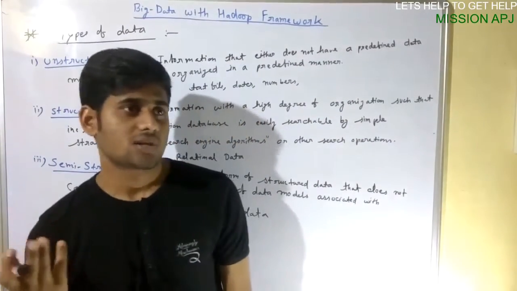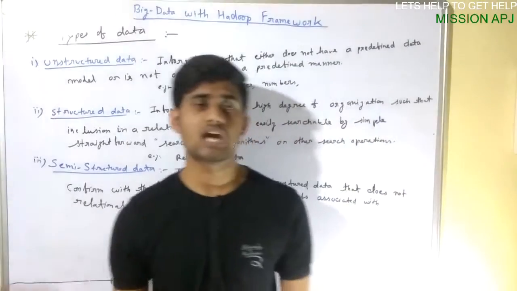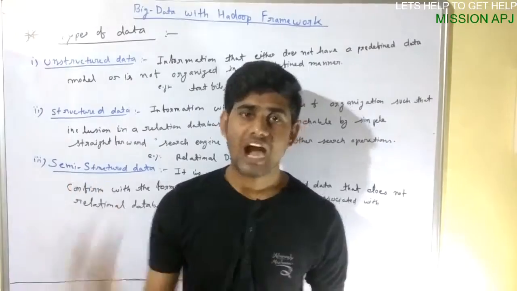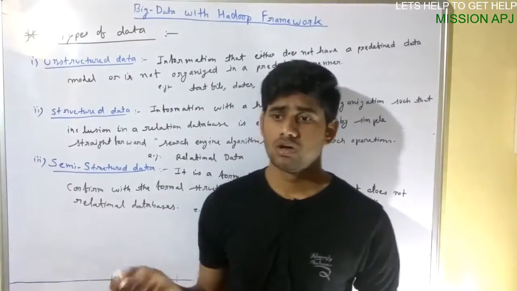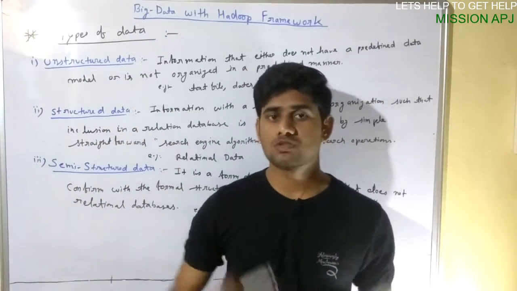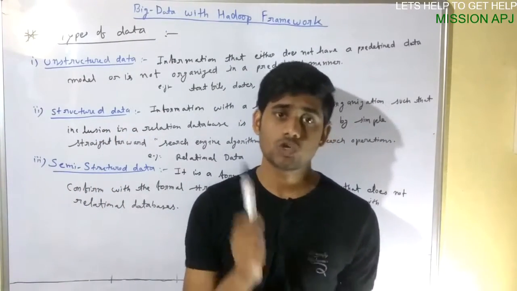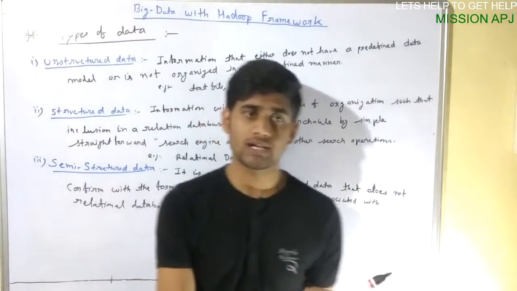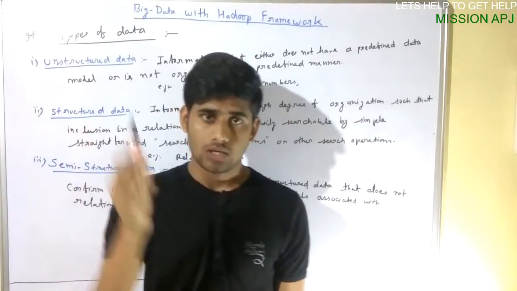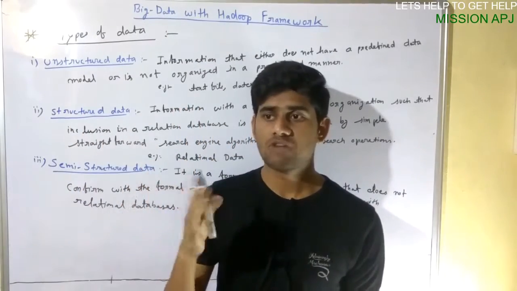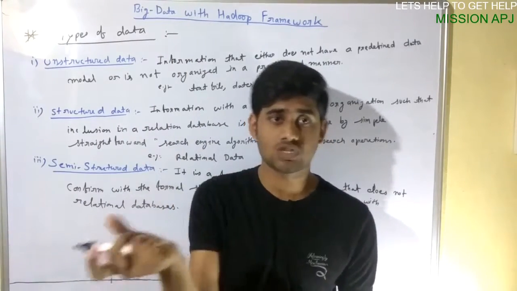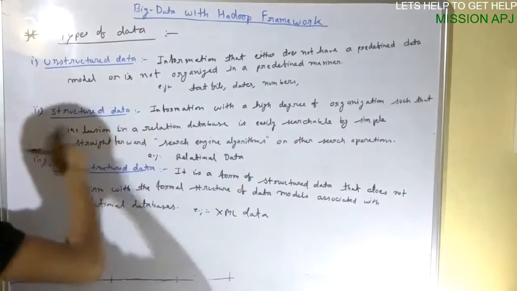Okay, so suppose a student table, where we are storing student data. What do we store? Name of the student, age of the student, weight of the student, class of the student, marks of the student. This sort of data we store for information. All these data are related to the particular student, so they are related to each other, and each one, like height, is classified: height is, suppose, 5 feet. That 5 feet is classified as the height for the corresponding student. So it is related to each other. That data we say is structured data.